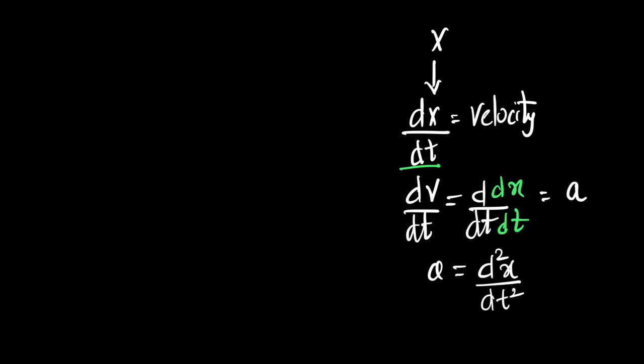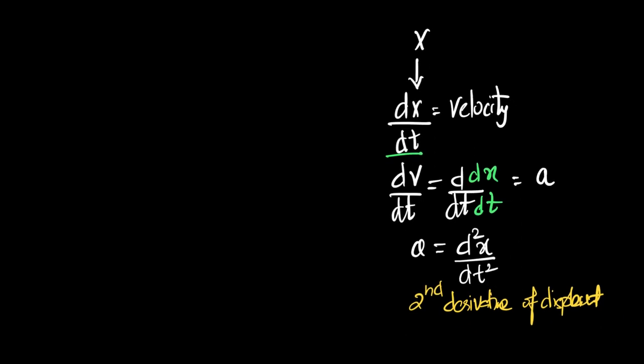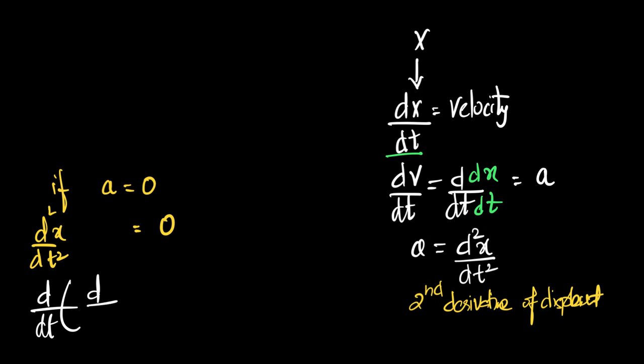So what is acceleration? Acceleration is the second derivative of, I beg your pardon, not distance, it is displacement, right? In which case, we can write that if acceleration becomes zero, then the second derivative of displacement also becomes zero. Now, what is the second derivative? It can be written as d by dt of dx by dt is equal to 0,